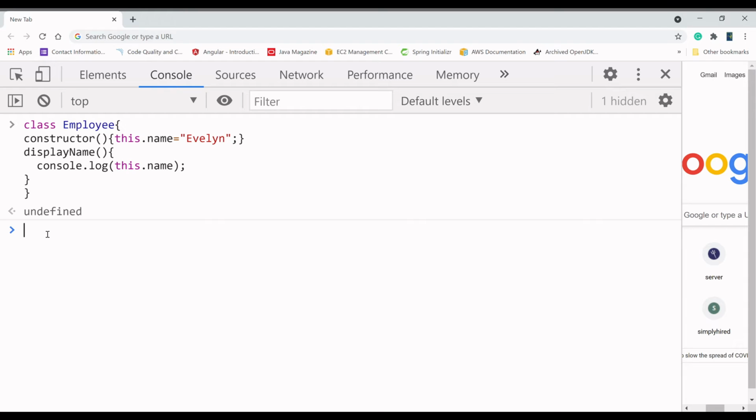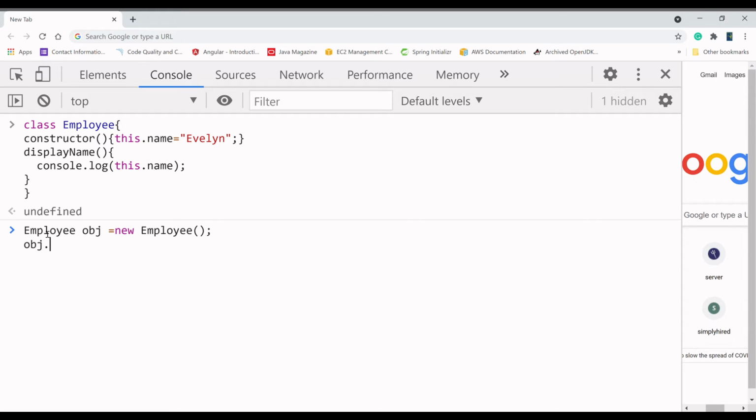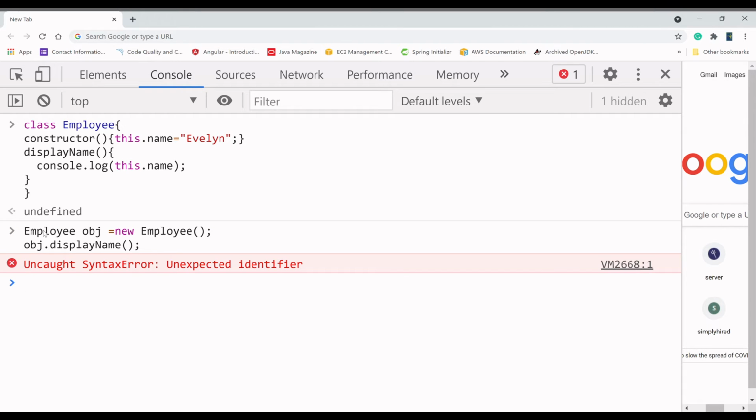We have to implement a very simple employee object equal to new Employee, like this, and then I have to call object.displayName. Let me check what is happening. Oh, sorry, I am using a Java concept. Why?